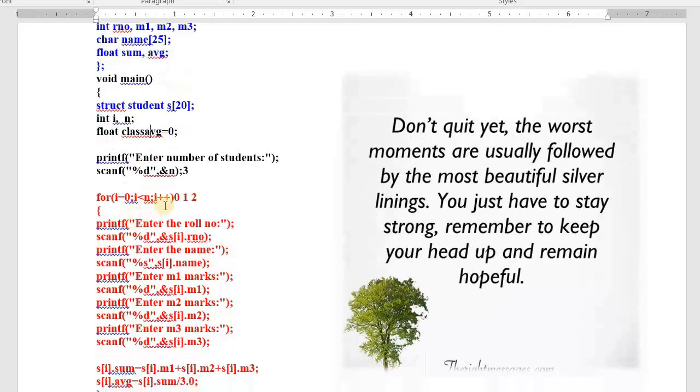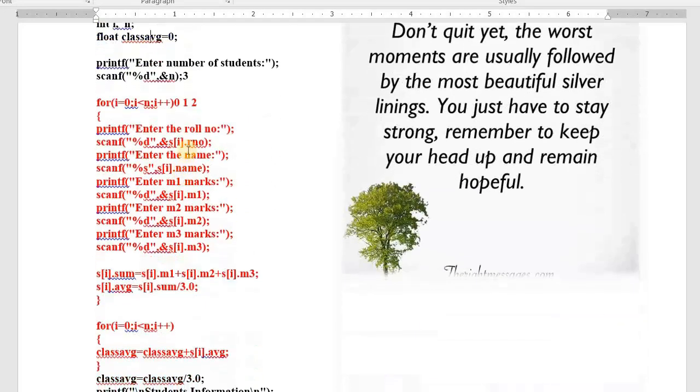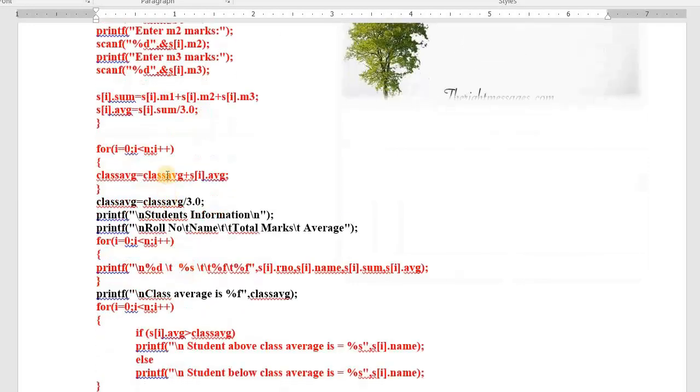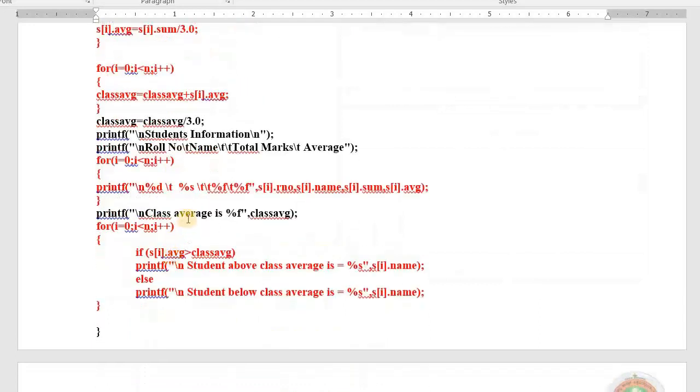To calculate the class average, we read the number of students, we read roll number, name, M1, M2, M3, then we calculate total marks and average marks of every student. We calculate the class average, we print the headings, we print the contents of the array of structure, we print the class average, and inside the for, above the class average and below the class average, the name we are printing. Here the main completes.